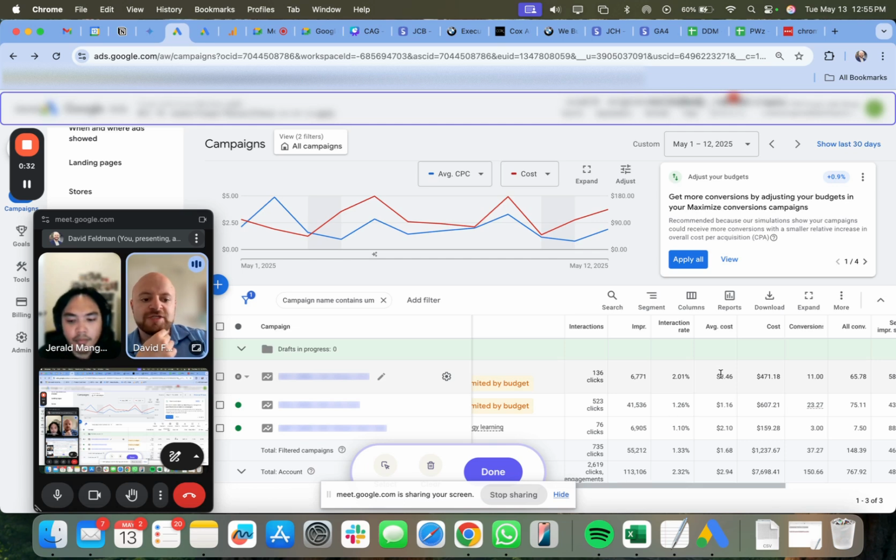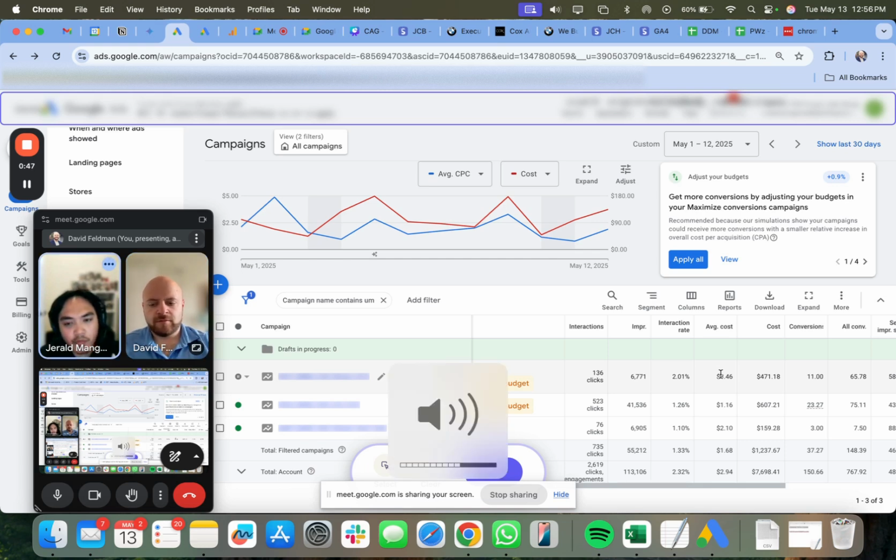So when you see high average cost, Jerald, from a VLA shopping campaign that we want to go on shopping, do you find that most oftentimes it's not just going on shopping? Right. Yeah. Most of our campaigns, the one that's working as a VLA campaign, is usually showing a lower average cost compared to the VLA campaigns that are going elsewhere. So yeah,